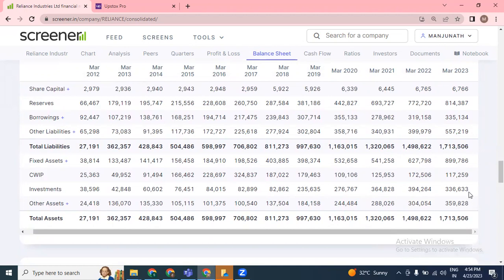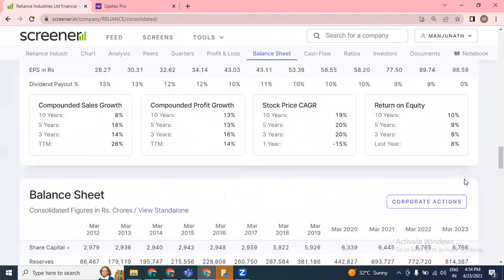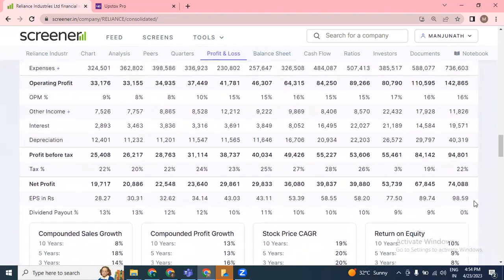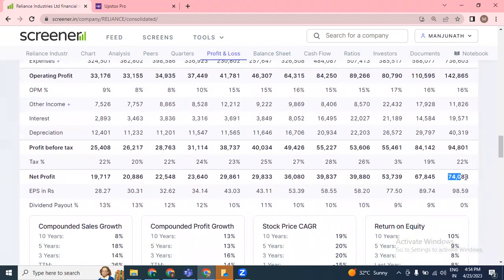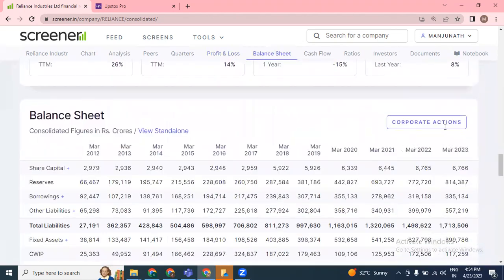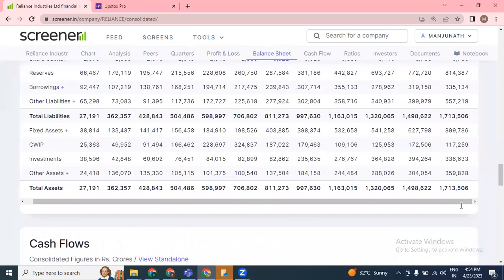So this increase has come from the profitability, because they have not announced any dividend. So that's why there is no dividend concern so far. We'll have to see if they announce a dividend, then that amount might go out from this profit, that is PAT, profit after tax. Otherwise, the complete amount will be reflected in this balance sheet.